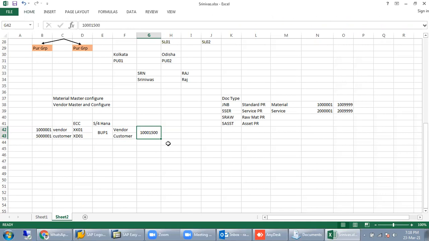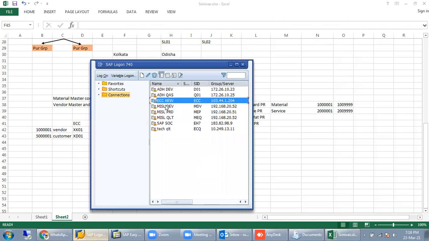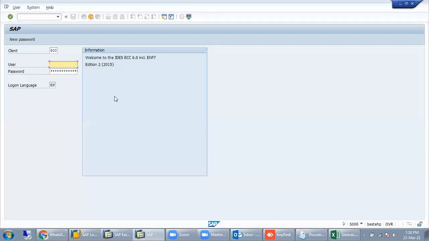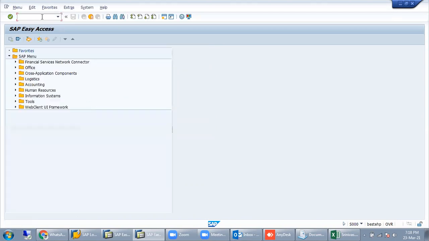Is it clear? How can we identify whether it is a vendor or a customer? Exactly. So I will show you that screen, then it will be clear. I'm going to the T code, BUP1.